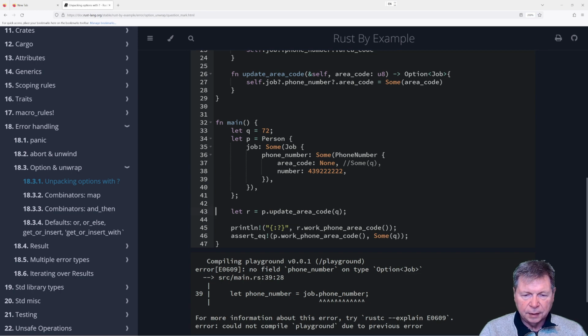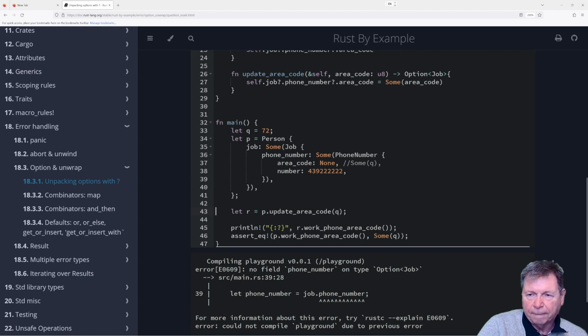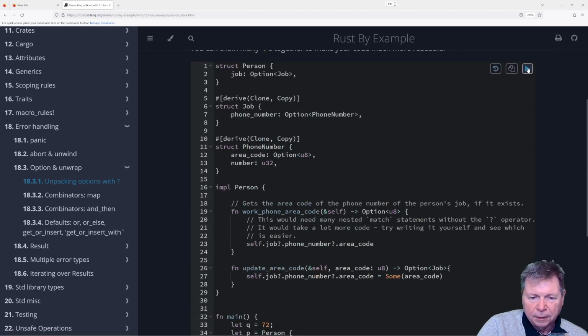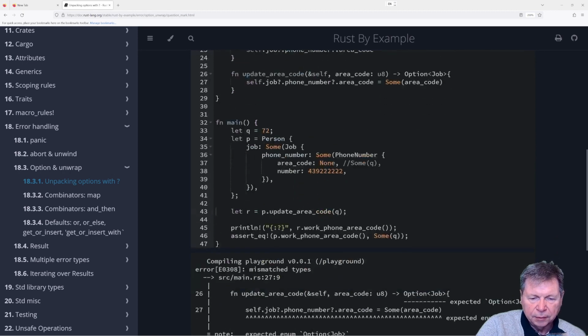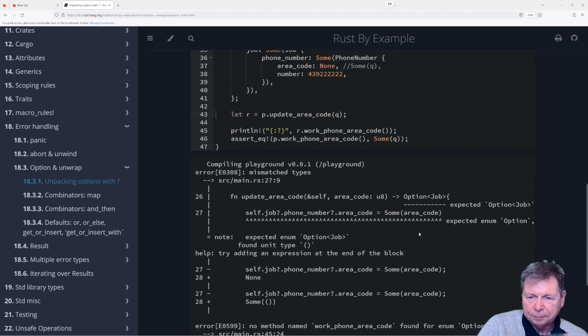All right, and does this work? We're gonna crash and burn, or are we gonna do something useful? Nope. Expected enum option. Expected option job. Oh, right. Okay.